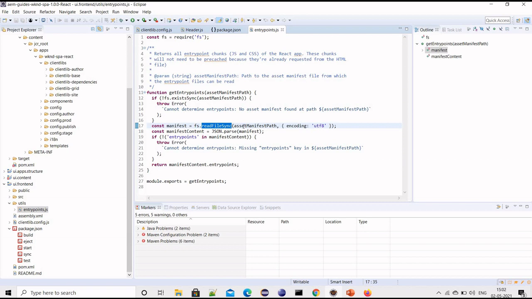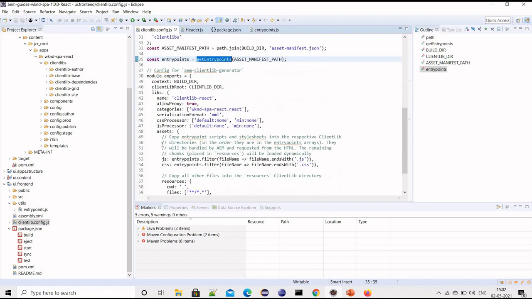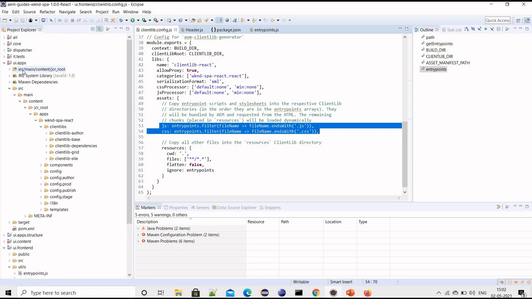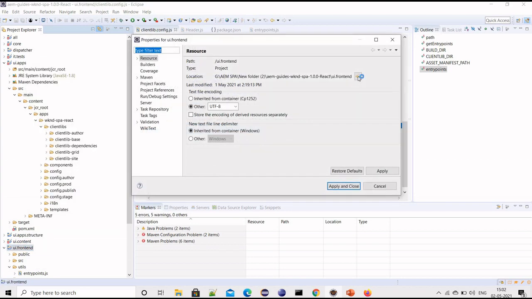We are reading all the files, and only JS and CSS files we keep inside the JS and CSS folders, and other files we keep under the resource folder. Let me do one thing: I will just build this project so that we can understand it.